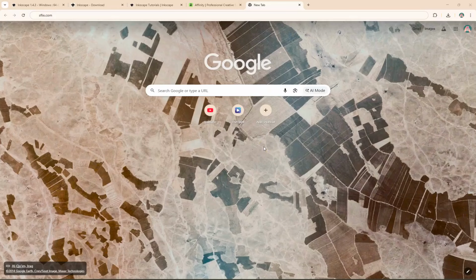We'll guide you through how to compare Inkscape and Affinity Designer so you can decide which one is best for